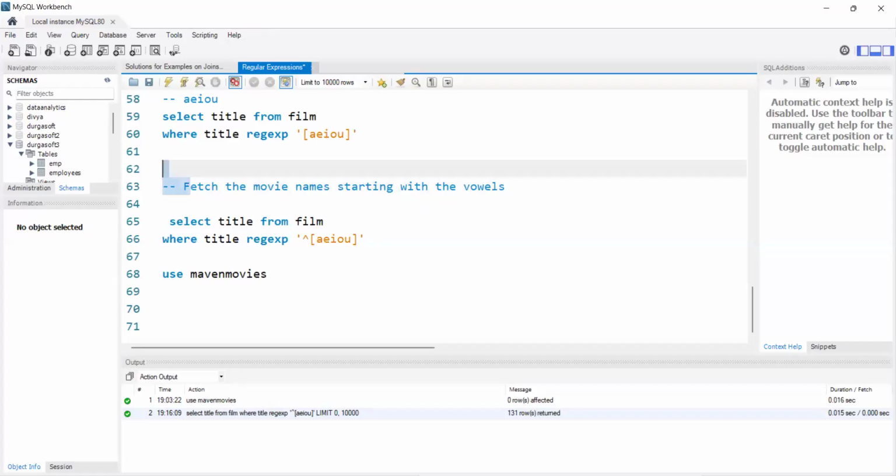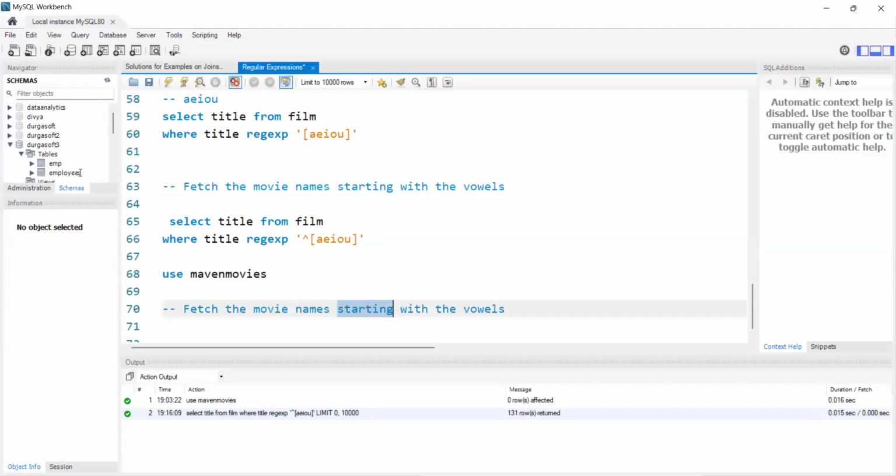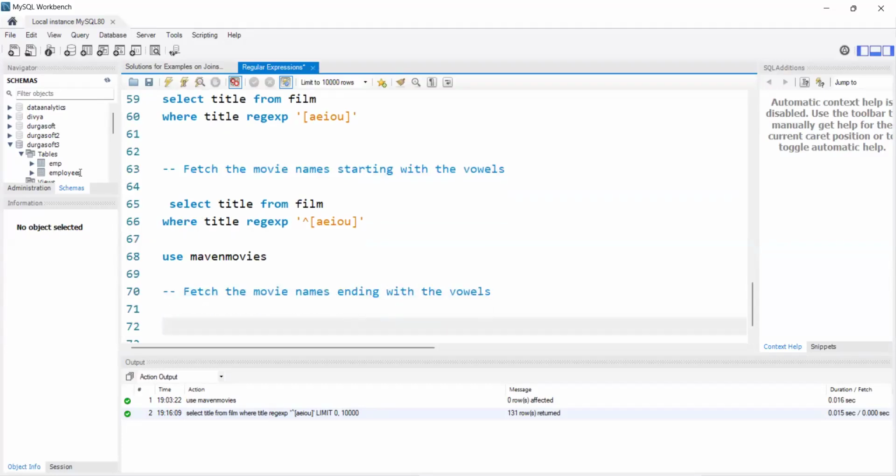All right. So we are saying fetch the movie names starting with vowels, right? Now next I will give another example: fetch the movie names ending with vowels. Here is how I can write it. Select title from film